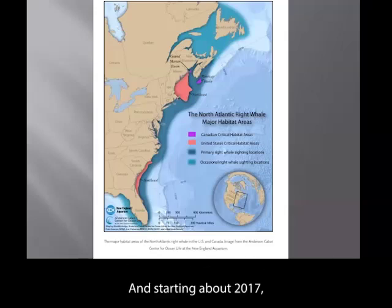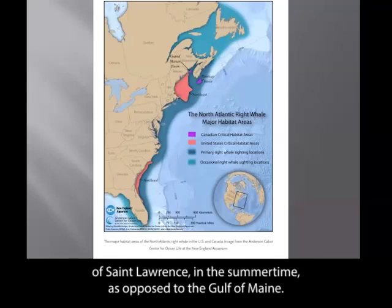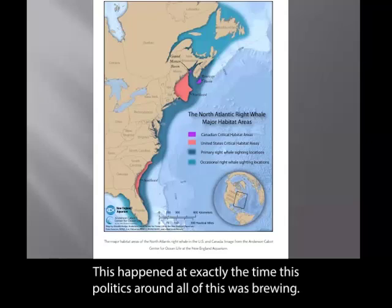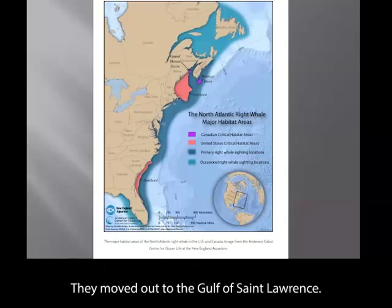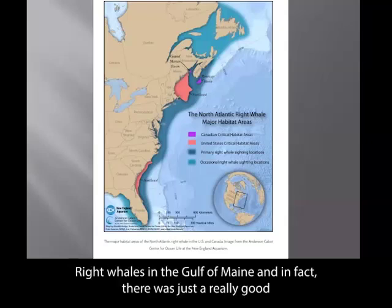And starting about 2017, we started to notice that a really large percentage of the population was going to the Gulf of St. Lawrence in the summertime as opposed to the Gulf of Maine. This happened at exactly the times this politics around all of this was brewing. And so you'll hear lots of things like there are no right whales in Maine waters. They've moved north to the Gulf of St. Lawrence. And while that trend is a true statement, it is not true that there are no right whales in